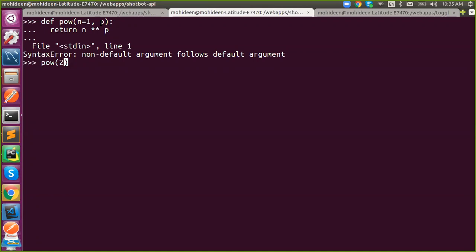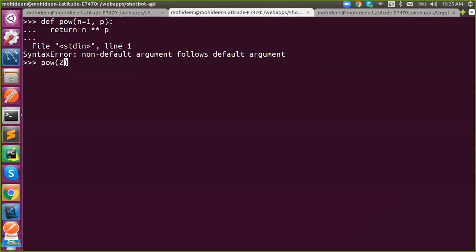This is invalid syntax because at the end it is going to raise an error while you're calling a function. As per your thinking, your function requires at least one argument. So you're passing one argument. What happens? As per the question, this will be allocated into n, but p doesn't contain anything, right? That's why this is invalid syntax. So a non-default should not follow a default. The first should be non-default and the rest can be default. But first default and rest non-default is invalid syntax.